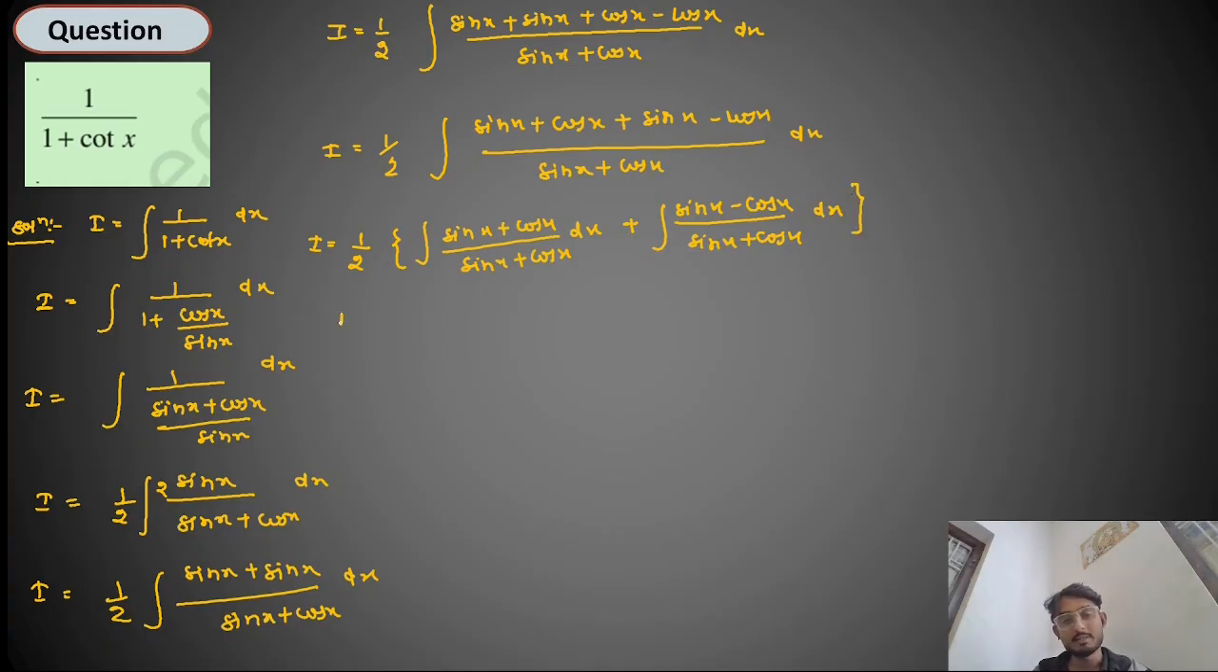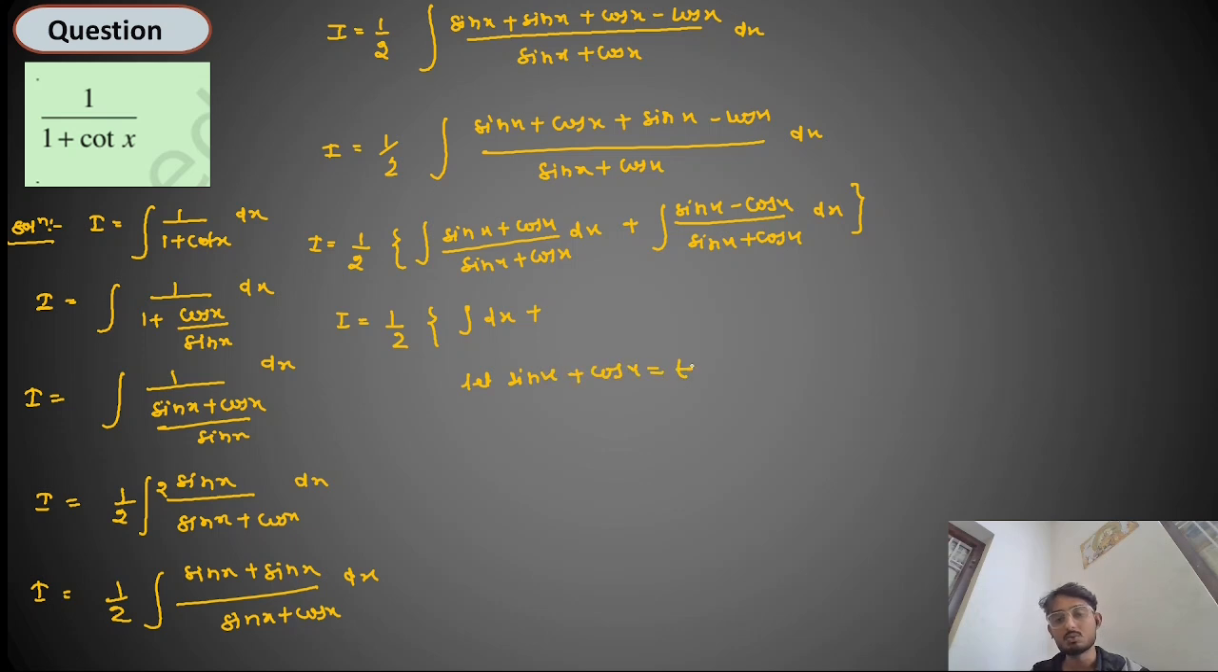Okay, so we will get I equal to 1 by 2. Here, when you cancel out, you will get 1, so you will get dx plus. Here you can let sin x plus cos x